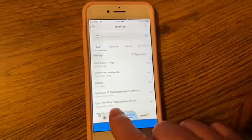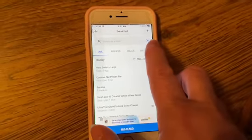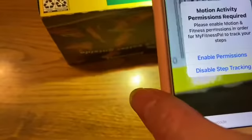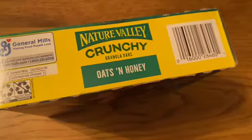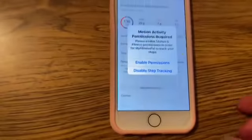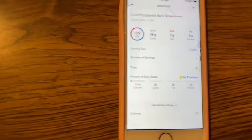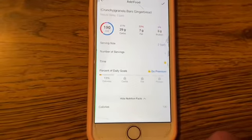and here's an example of how to use the little reader. I'm going to allow access. I put it on the barcode of these Nature Valley. Oops. It's giving me notifications. And it comes up